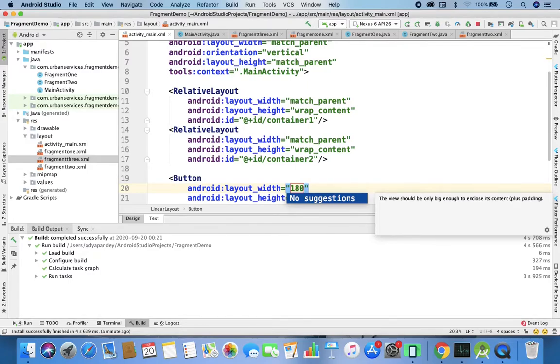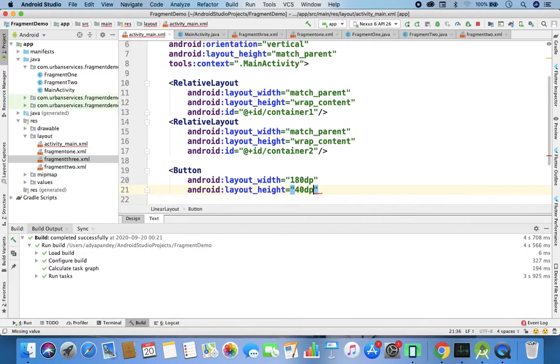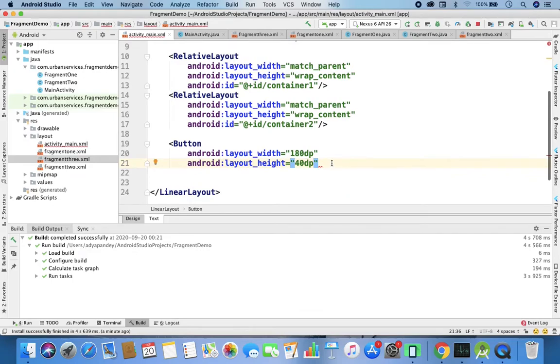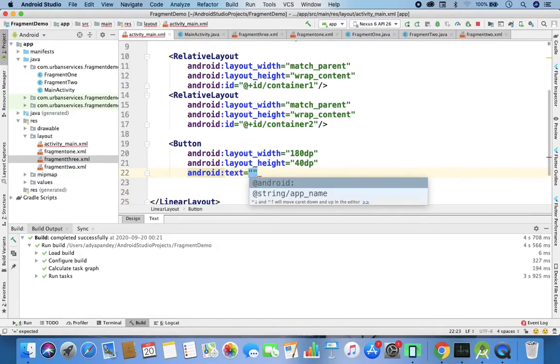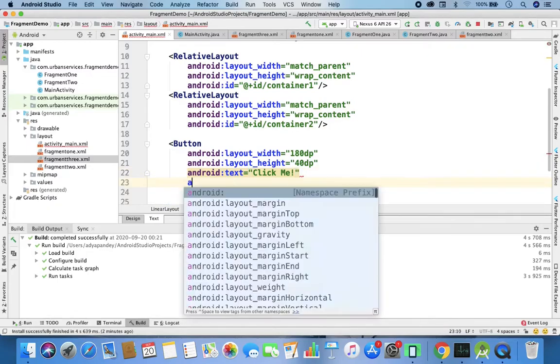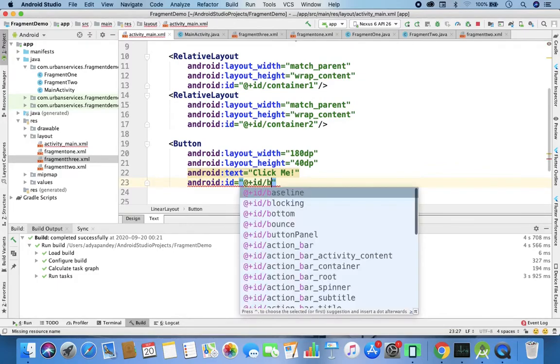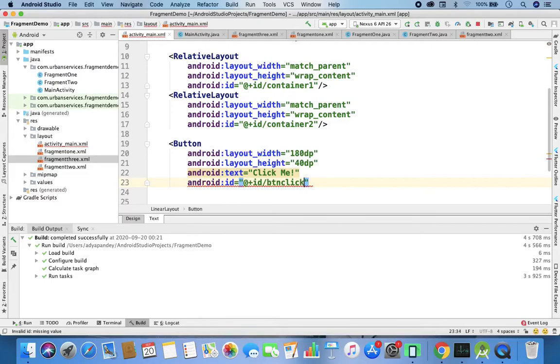This is our activity main.xml file, and here I provide the width of the button as 180 density independent pixels, and the height I think 40 dp is enough. Then we will add an ID and a text to this, and on the click of this button a particular fragment will be replaced by another fragment. This is one simple task we are trying to do. We are trying to replace the fragment dynamically. So the text on it is click me, and the Android ID is